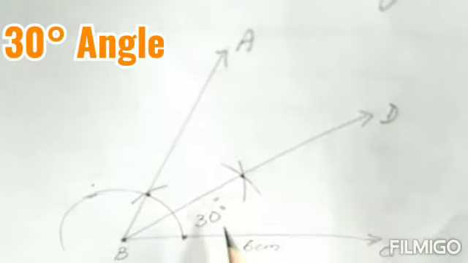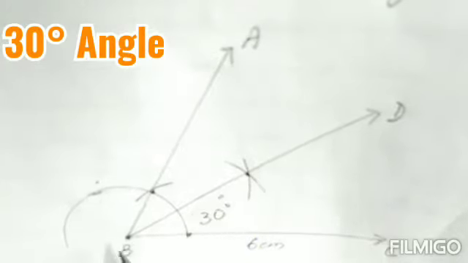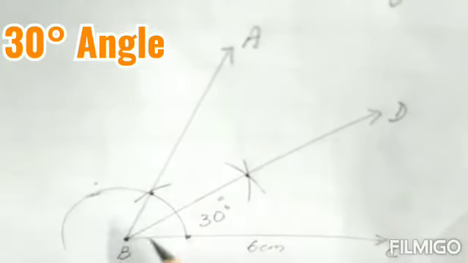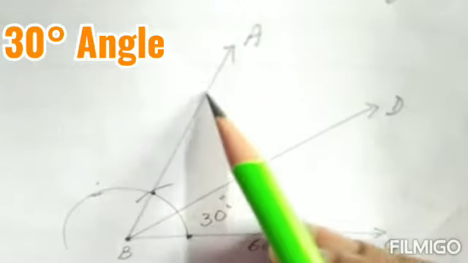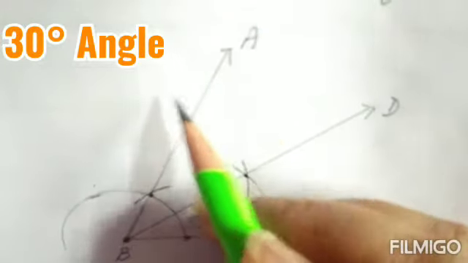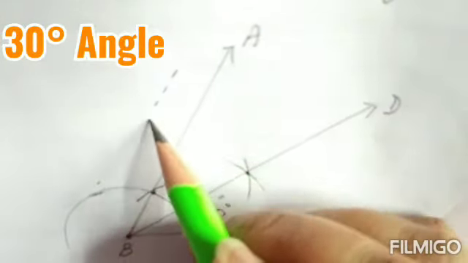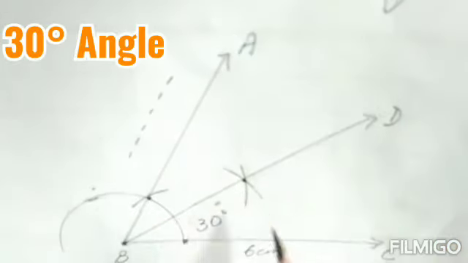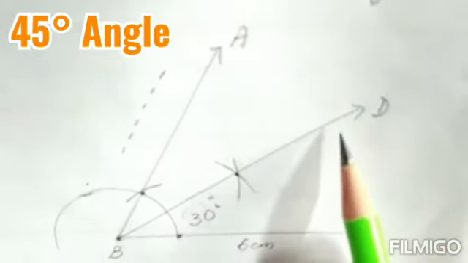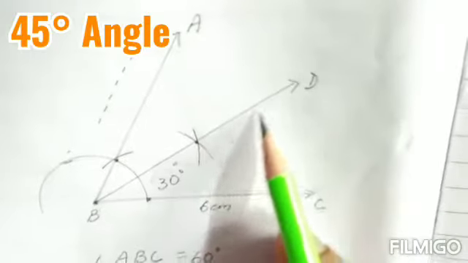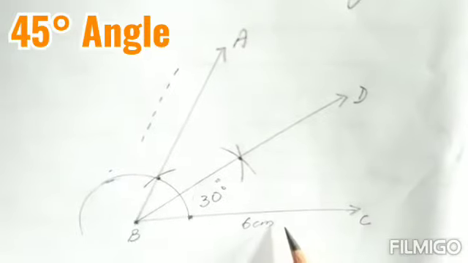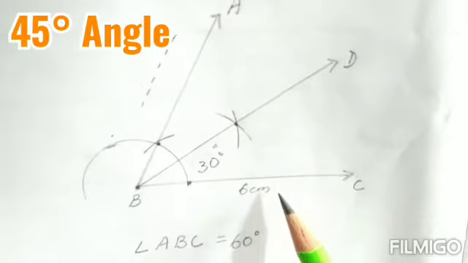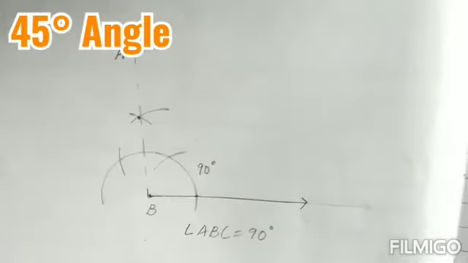So next time when you are making a 30 degree angle, children, first you need to make a 60 degree. And when you extend this arm, it should be in the form of a dotted line. You know what is a dotted line? Like this. Extend it in the form of a dotted line and then bisect it to make a 30 degree angle. Then this line will be a straight line as I have shown. So this is what I have explained to you about a 30 degree angle.